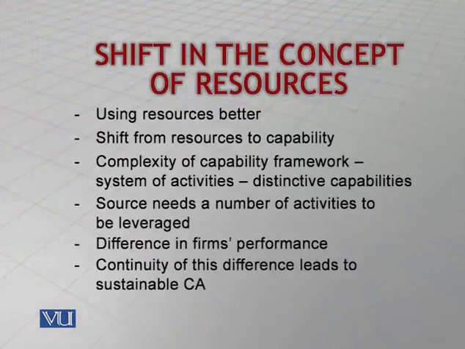a level. And that is why we see that even when two companies behaving more or less similarly in the market are still performing differently, the logic behind that is that each firm is approaching that resource that they have with different capability frameworks or different capability configurations. When these capabilities continue to be different and continue to exploit the logic of the resources in different manners, a firm can be said to achieve sustainable competitive advantage, particularly like we said that this advantage that they are creating